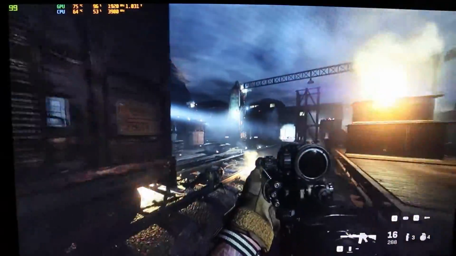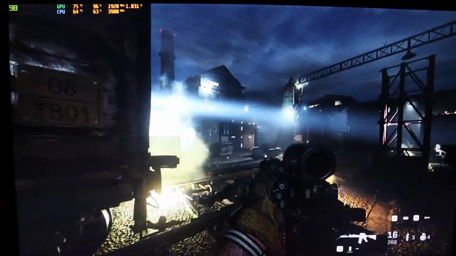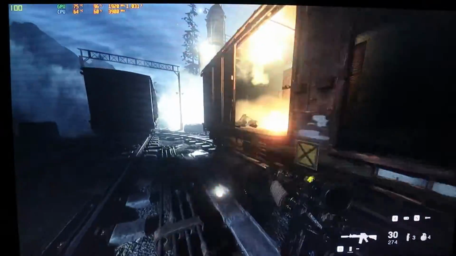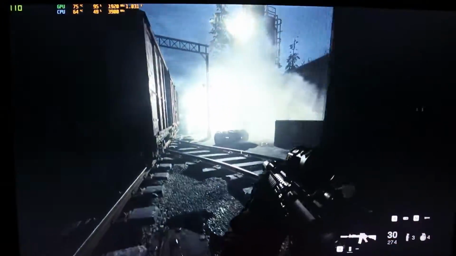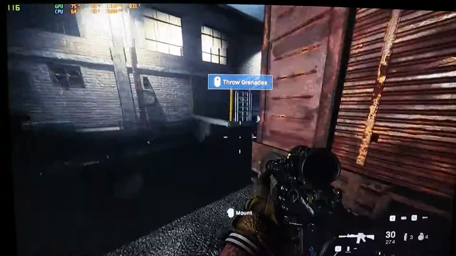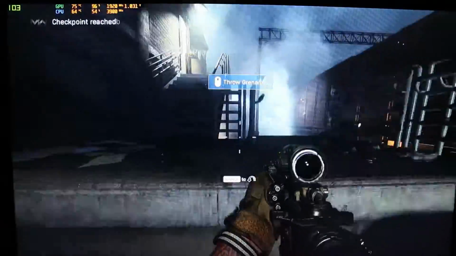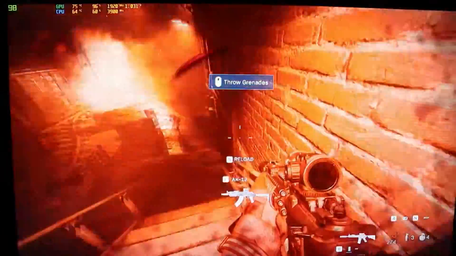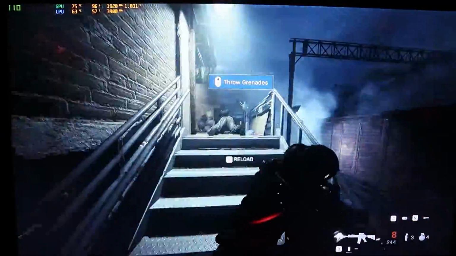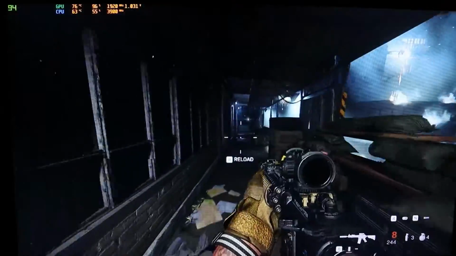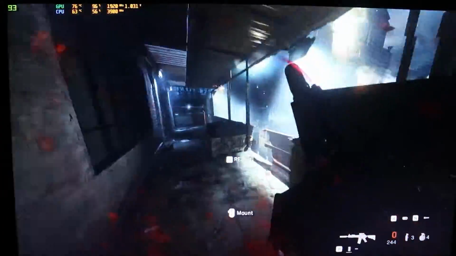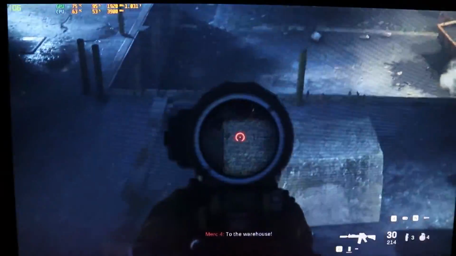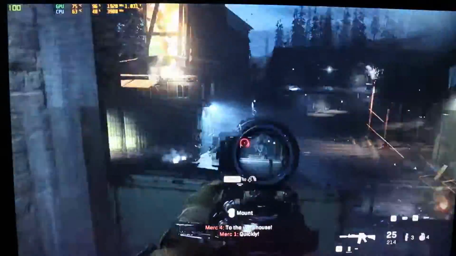And by the way, one more thing I would like to tell you. The reason why I'm recording this video through a camera and not a screen recorder is because I just want to show you the real FPS. If I use a screen recorder, there will be a drop of about 2-3 FPS. Even though that's not much of a difference, if you guys suggest anything, I'll do that from the next video. Anyways, enough of talking. Now let's increase the resolution and the graphical settings.